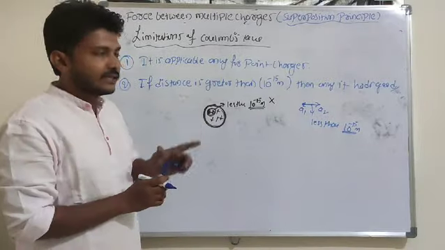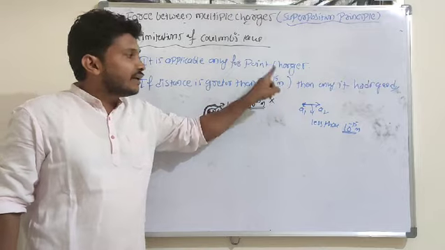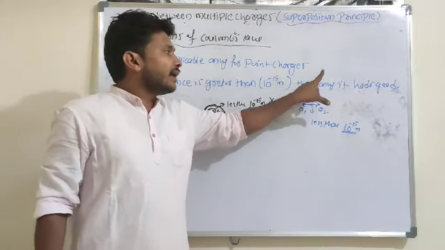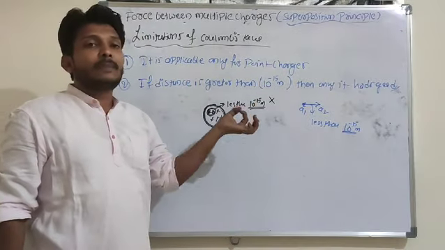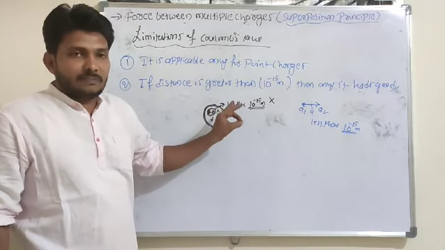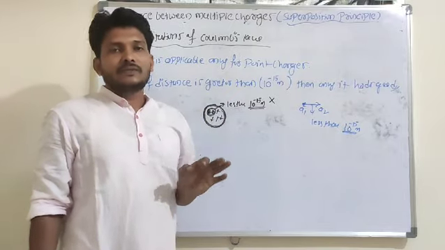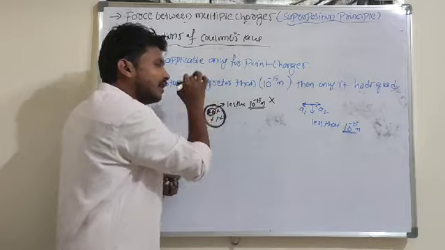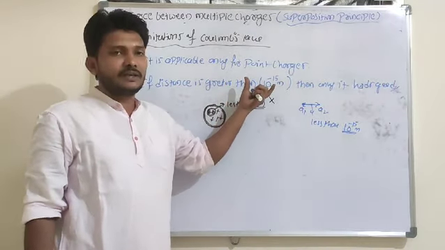So let me explain once again here. The distance between the charged particles must be greater than 10 to the power of minus 15 meter. Then only Coulomb's law holds good. If the distance is less than 10 to the power of minus 15 meter, what happens here? Nuclear force is present. Nuclear force is only an attractive force. There is no repulsive force. So for that reason, all the protons are held in the nucleus. Hope you understand this point. It is somewhat an interesting point here.